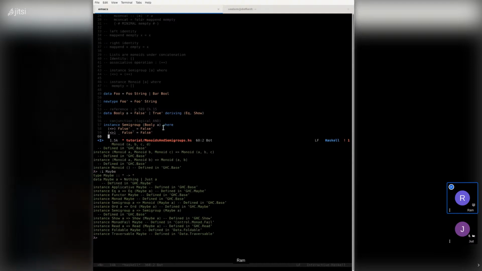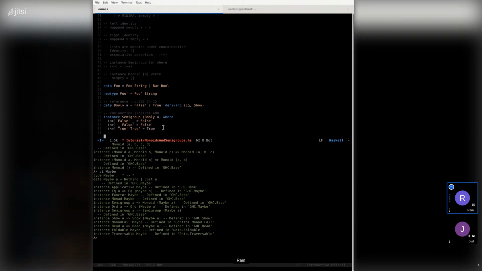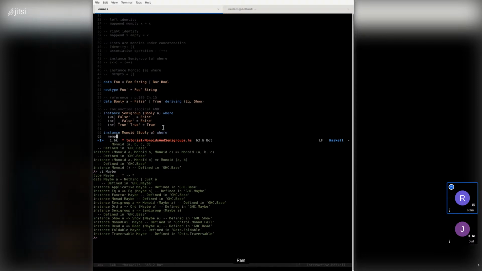The only case you need to worry about is if you get two trues, you're dealing with true. Then we could define an instance Monoid Boolean A where empty is true. And this becomes the obvious case here.